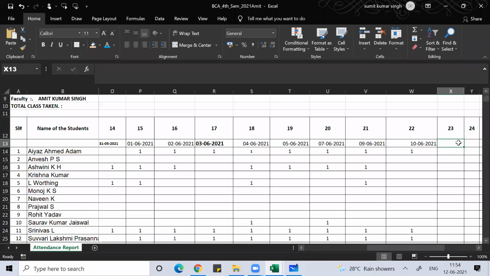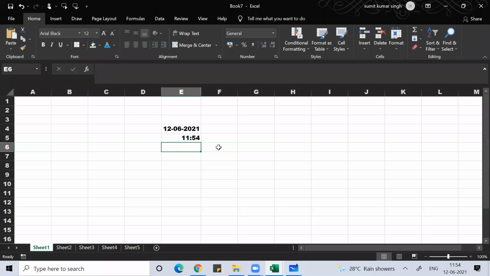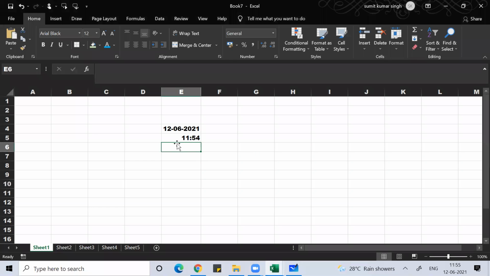I have to put today's date, so I'll press Control semicolon and I get today's date. I don't have to remember today's date, my work is done. Understood everyone? Control semicolon will give you the current date. Control Shift semicolon will give you the current time.